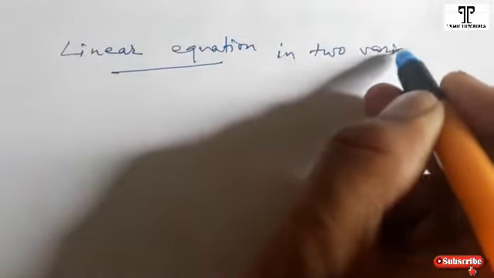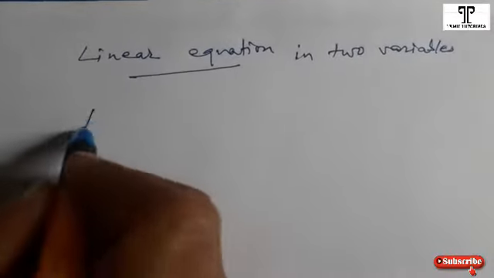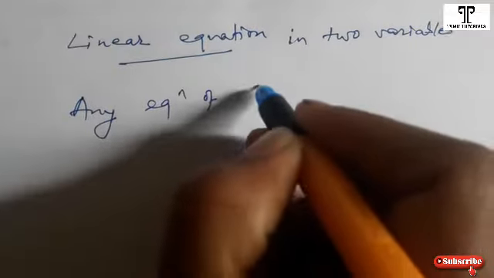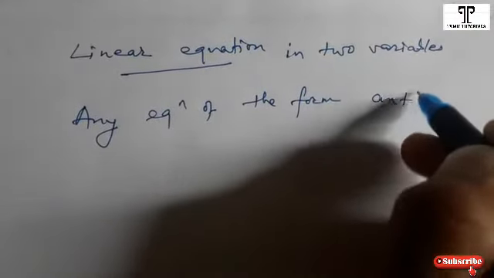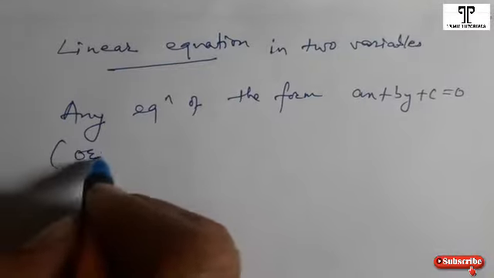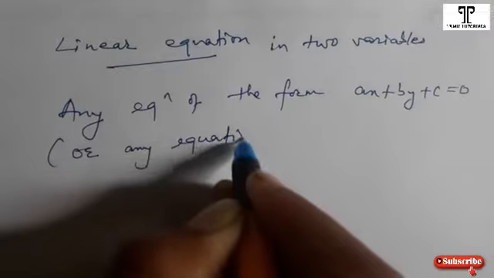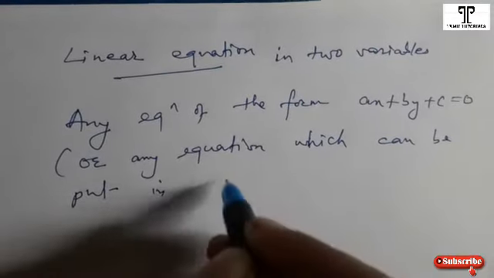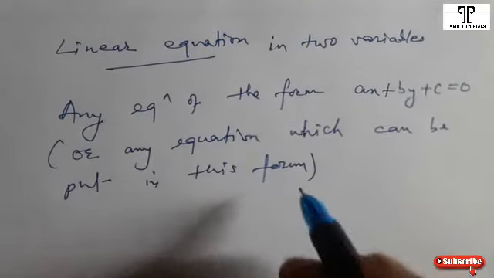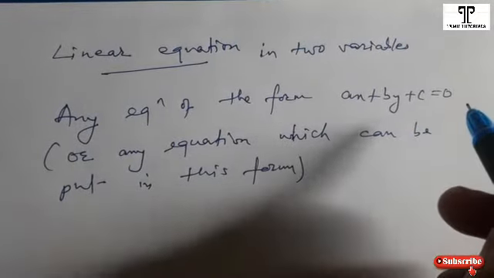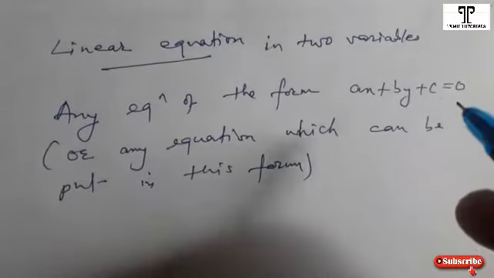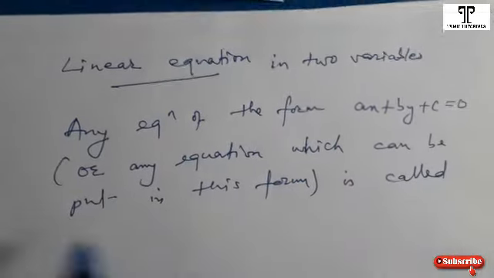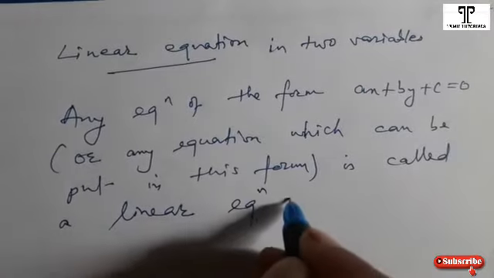So linear equation in two variables, okay. Any equation of the form ax plus by plus c equals to 0, okay. Any equation of this form, or any equation which can be put in this form, okay. Like any equation of the form ax plus by plus c equals to 0, or equations which are not in this form but can be put in this form, is called a linear equation in two variables,